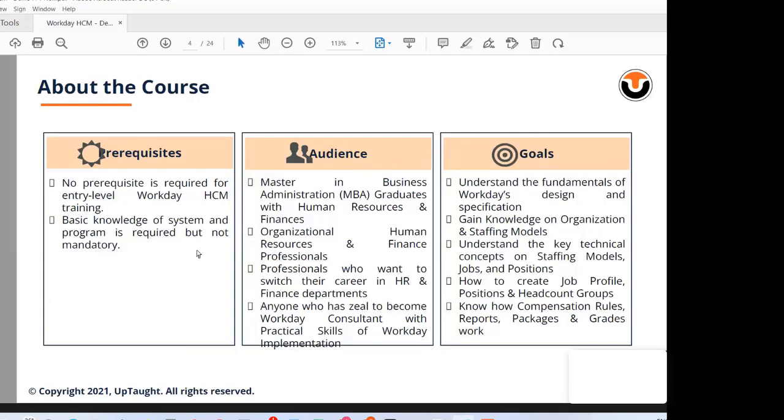Then what are the main goals of this particular training? This is mainly to make you understand how the Workday setup is, to look at all the things that can be done as part of the core HCM. We'll go into the concepts a bit later, and what will be covered as part of it we'll look at later. But the major goal is to understand how that organization visualization, we are going to put it on the system,